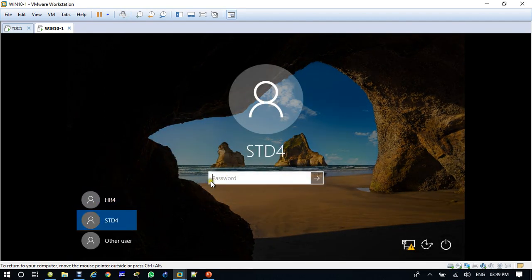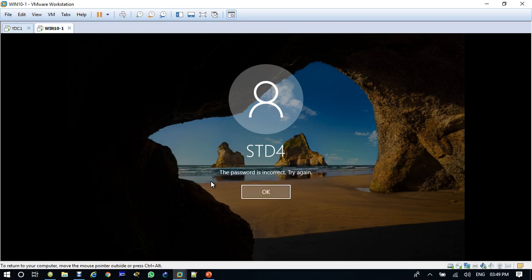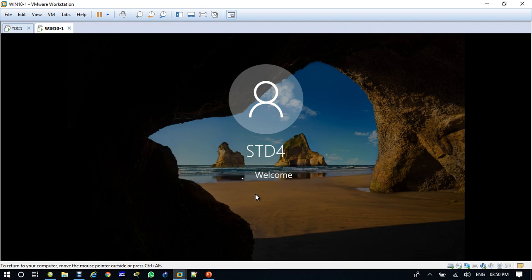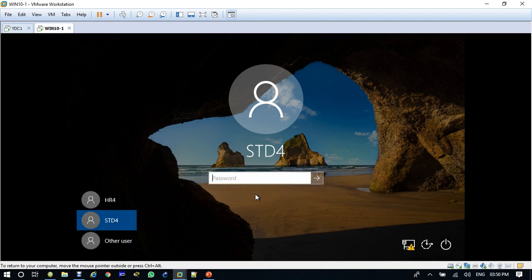I'll log in with student 4. Why is the password incorrect?